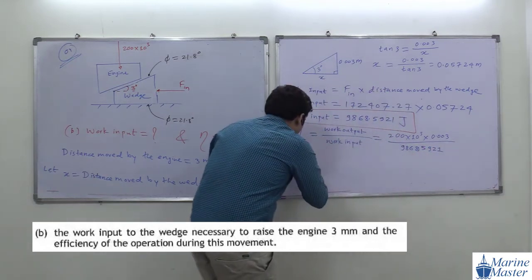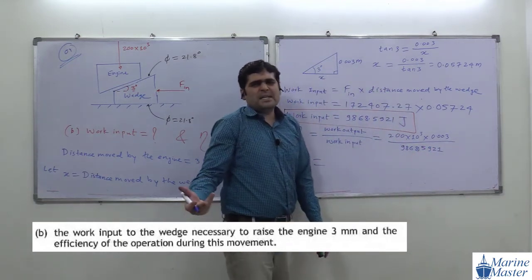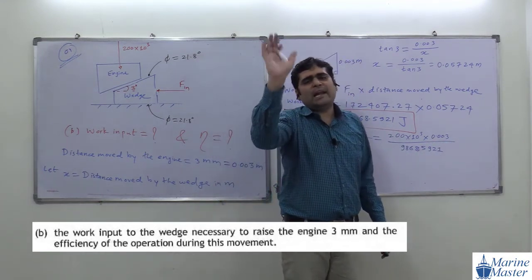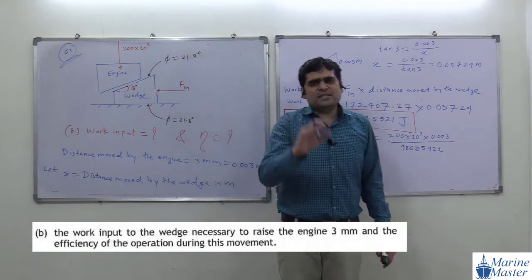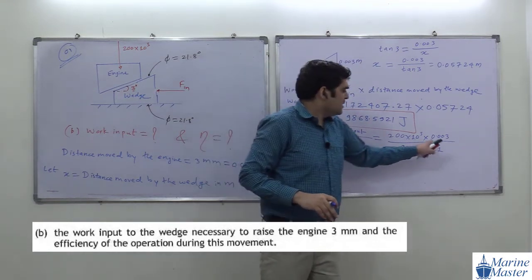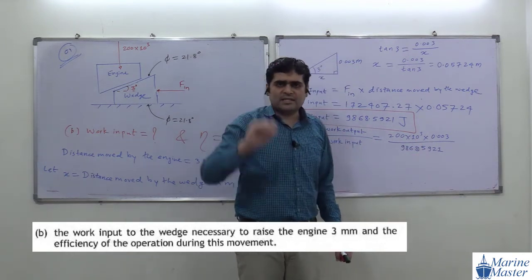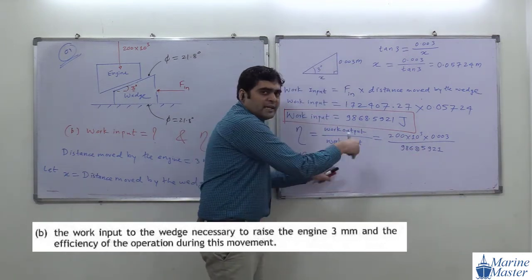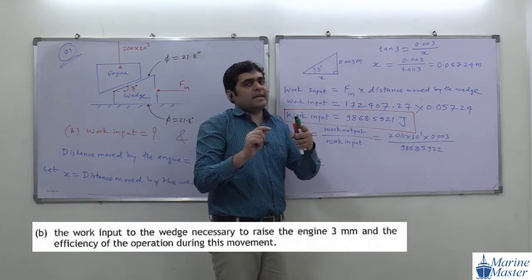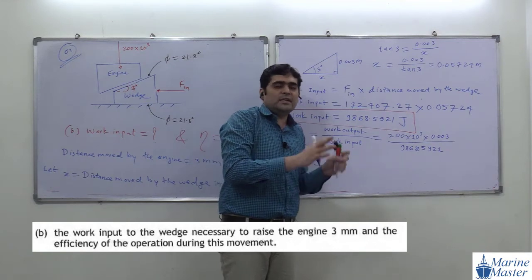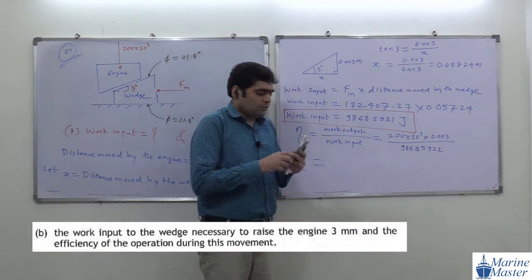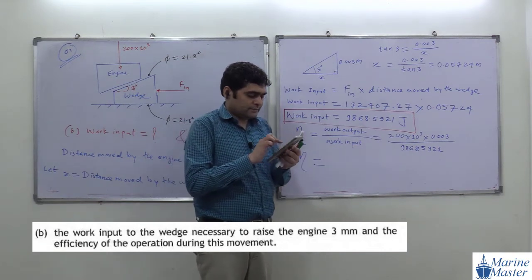Okay, so what is efficiency? You may ask, sir, why are you not multiplying by 100? At the end, with the final answer, we are going to multiply. In engineering we rarely multiply by 100 in the expressions. With the final answer, whatever decimal answer we get, we will write it down either as a decimal or in percentage. Both answers are valid. So how much answer are we getting, guys?